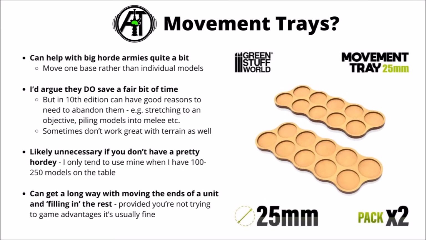If you've got a huge ton of models to move around, say playing something like Horde Tyranids, Guard or Orcs, maybe you could think about using some movement trays. As I've played a fair bit with a Horde Guard army, I can attest that it does help with big Horde armies at least a fair bit. It does take a little bit more time setting up, but in general I do feel like it does save at least a little bit of time moving just one base rather than having to literally pick up and move